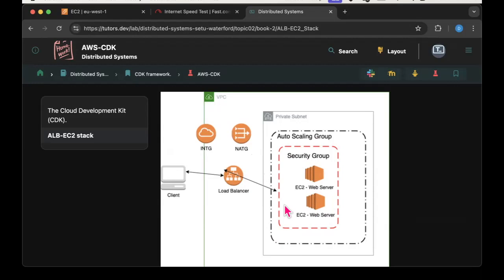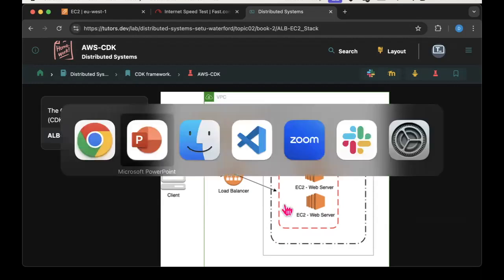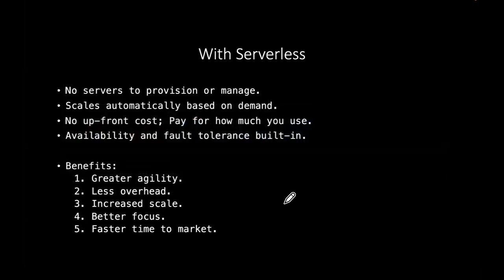But with the serverless model, you don't have to worry about that. It will take care of scaling up the infrastructure when there is a high level of demand on it and scaling it down when that demand decreases. There's no upfront cost.